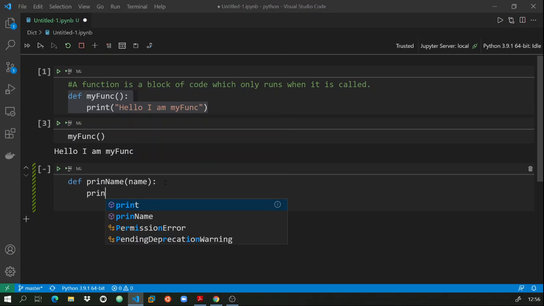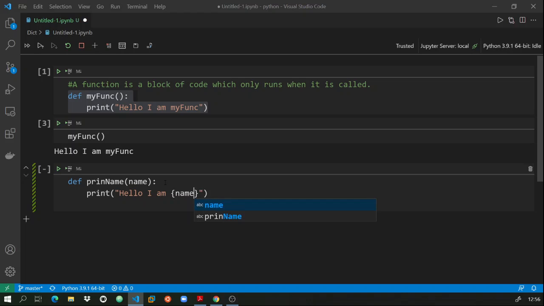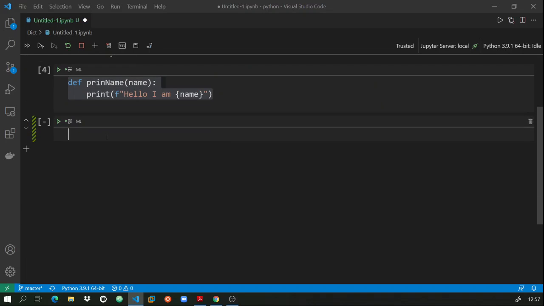I'll write print hello I am, let me give it name, go back to home and convert it to an f-string. So now we have declared this print_name function. Let me execute it so that it gets declared.